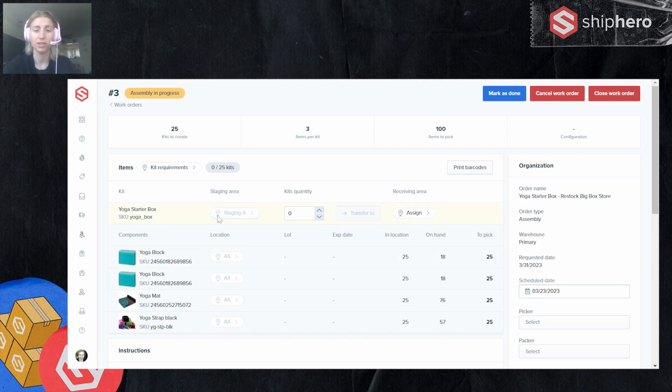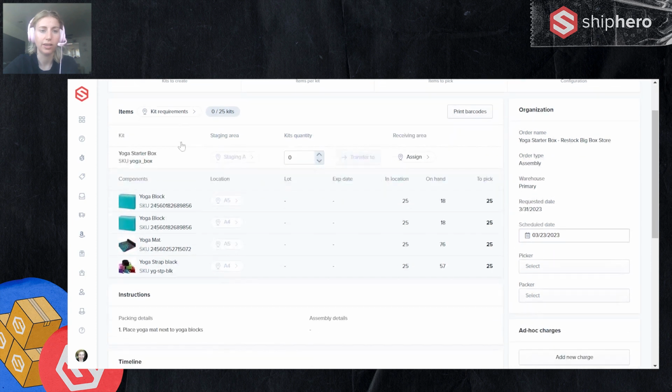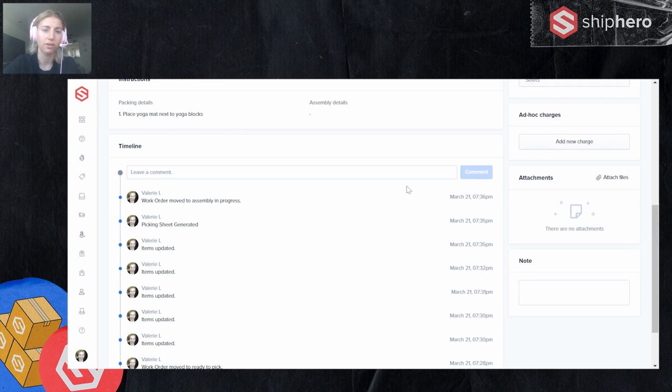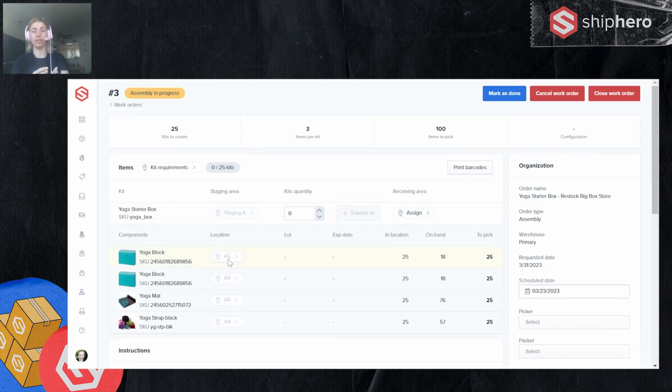If someone goes up to the staging area, if you have a barcode in that area and they scan it, you'll see everything that should be there. So it's all tracked, everything's accounted for. And now you're going to start building these. So here you would look at your kit requirements, download any of those attachments that you may have had, look at your instructions, and start assembling this. As these are put together, and it doesn't have to be at once, you can start receiving them. Now you're receiving the completed box. This is my 2 yoga blocks, my mat, strap, all together. And now we're going to go put that somewhere.